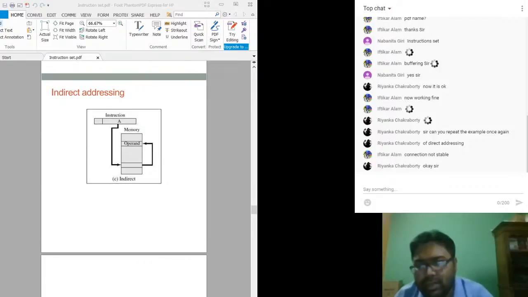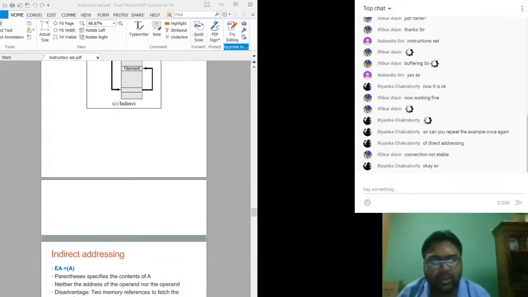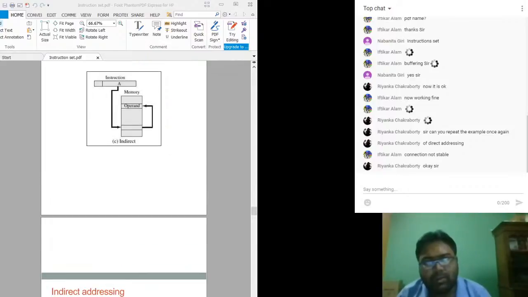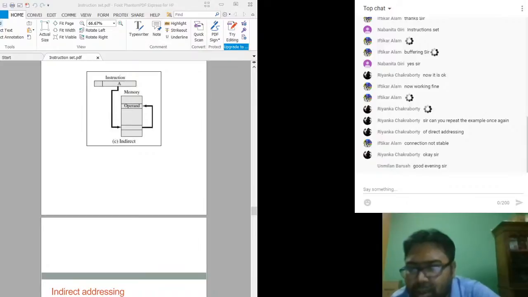Next we have indirect addressing. So what happens in indirect addressing? The effective address is equal to (A), where the parentheses specify the content of A, which is the address of the operand, not the operand. Whatever address is given in the instruction won't contain the operand.